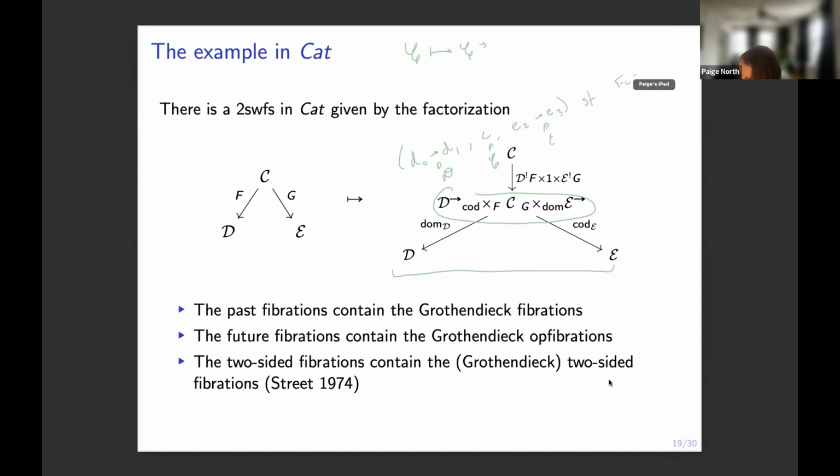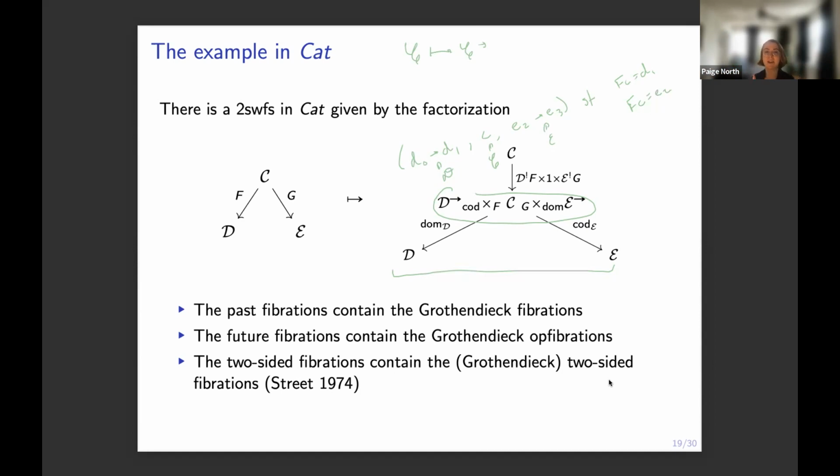F of C is equal to D1. So this arrow in D is ending at the image of C, and F of C is also equal to E2. So this arrow in E is starting at the image of our object C. Okay, so it looks like these 2 paths, one in D and one in E, don't really begin and end at the same place because they live in different categories, but they, in some sense, begin and end at the same place in C.